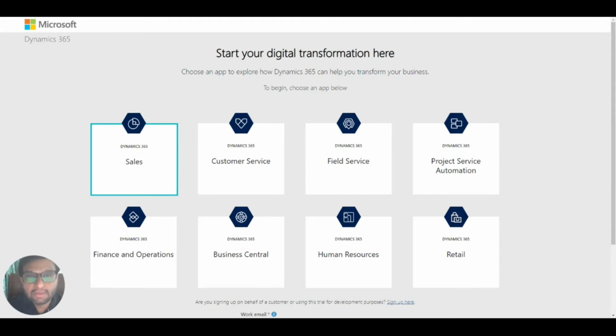So today our topic is how to create a Dynamics 365 CRM trial instance for 30 days. Basically, without your work office email address, you can create your own tenant. So without wasting time, let's start. First of all, you have to go to trials.dynamics.com. You can see this link in the description, and once you click on it you can see multiple apps which you can create for a 30 day trial. Today I will go for Dynamics 365 Sales, meaning CRM.